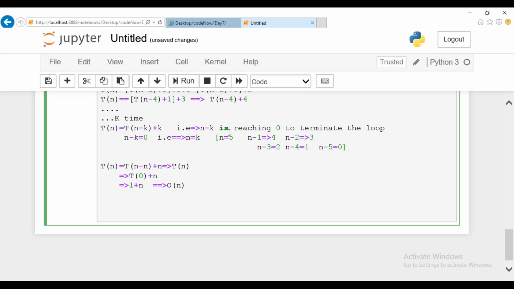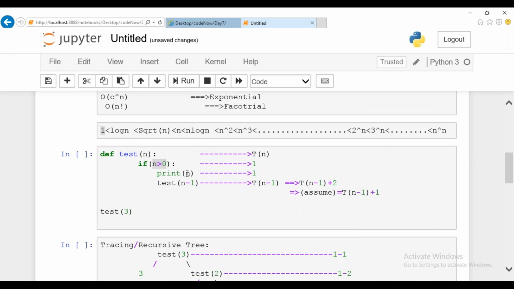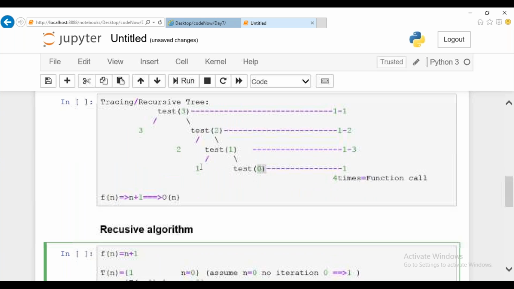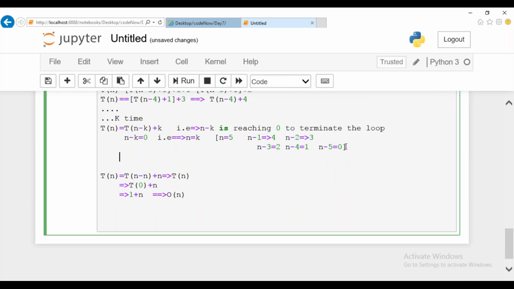Just look at it. For the same program, I have taken an example. Initially the value 5 will be passed, so 5 will be printed as your output. Again 4 will be passed, so 4 will be printed. Again 3 will be passed. This is how you're decrementing the value one by one, and you're going to iterate it. The same process I have mentioned here. Initially, what output will be printed? As per the particular program, you will be getting output as 5.